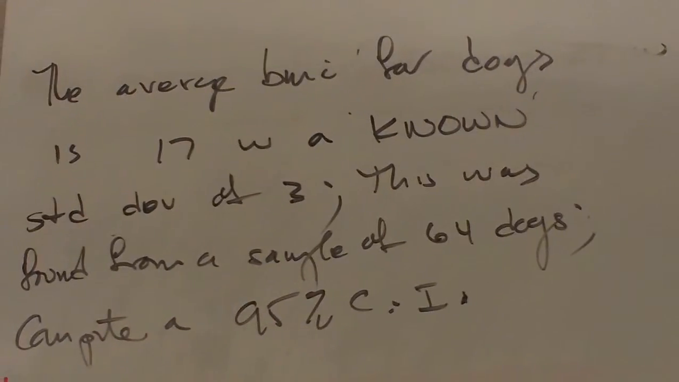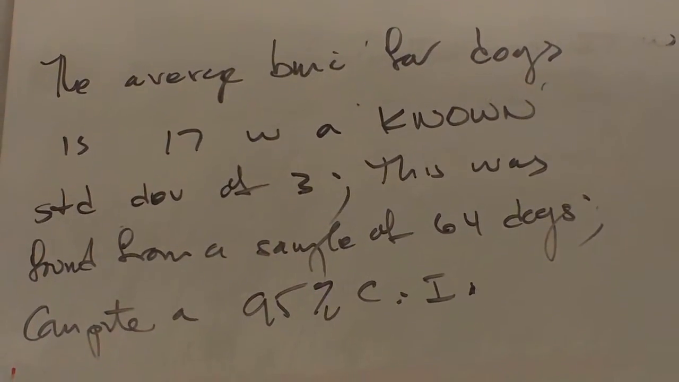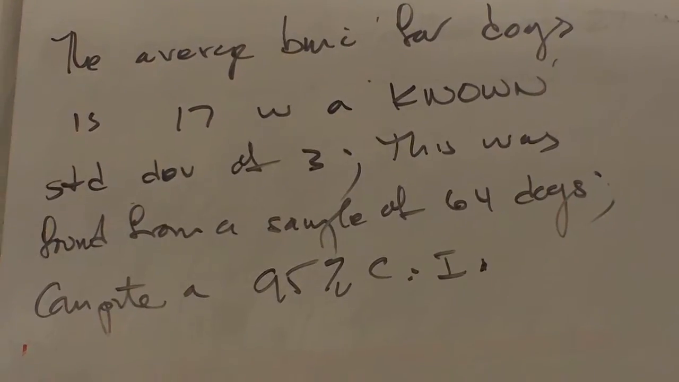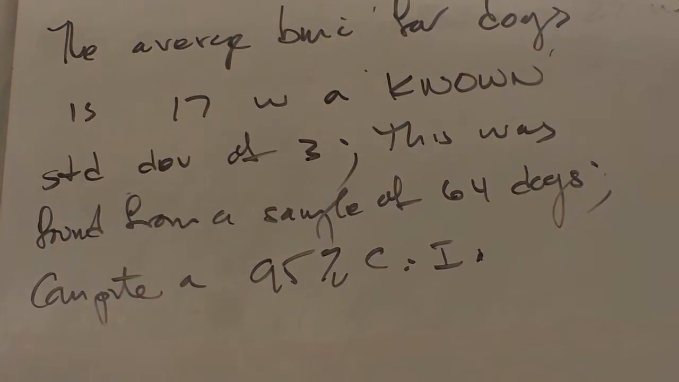The average BMI for dogs is 17 with a known standard deviation of 3. This was found from a sample of 64 dogs. Okay, but now what we want to do is determine the sample size